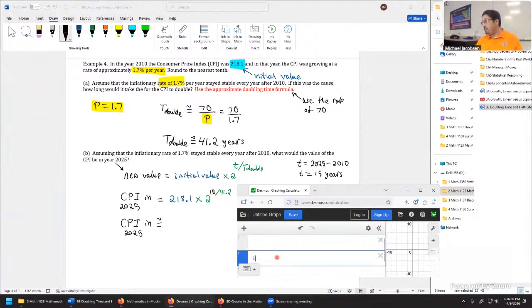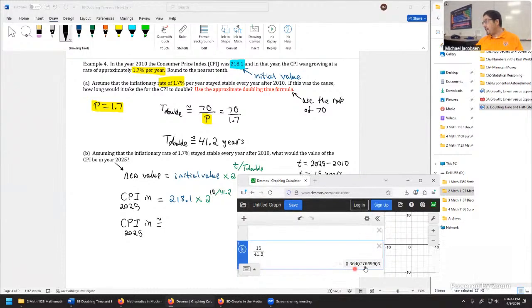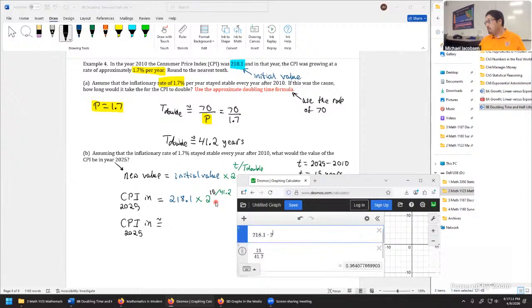If you do approximate that, 15 divided by 41.2, just make sure that you carry a lot of digits. Because if you round too bluntly, say to 2 decimal places, we could potentially lose the question in MyLab by being quite a bit off with an exponential. So if you round first, probably go to 8 digits for good measure. To be extra cautious, it's sometimes the best idea to just put it all into the calculator in one go. 218.1 times 2 to the power 15 over 41.2